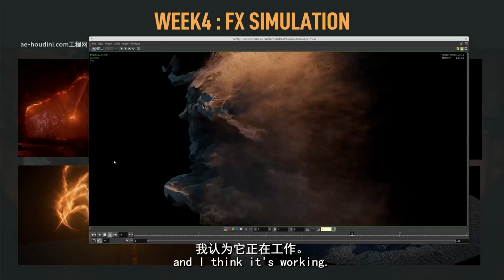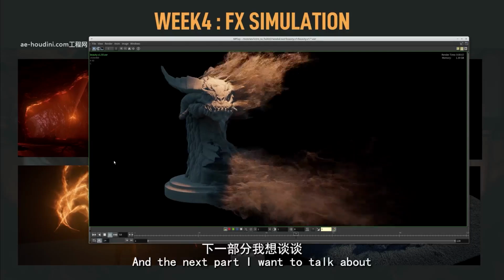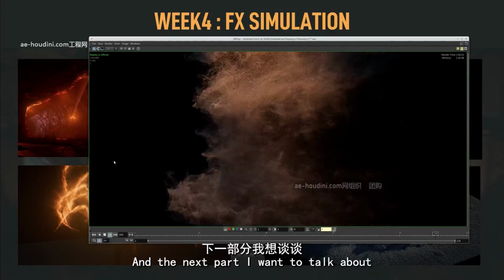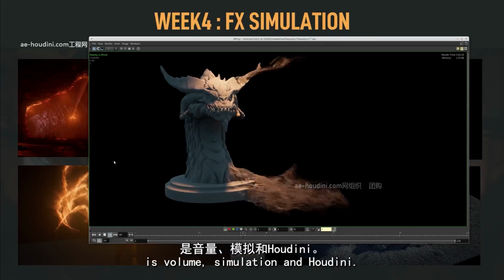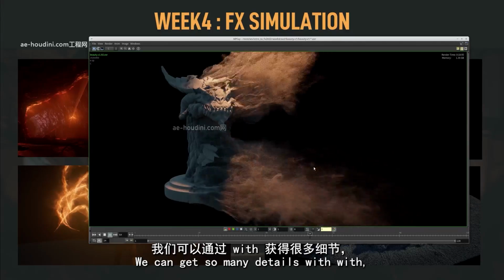And I think it's working. There are a few tweaks, obviously, but again, we don't have any sim. And the next part I want to talk about is volume simulation in Houdini. We can get so many details